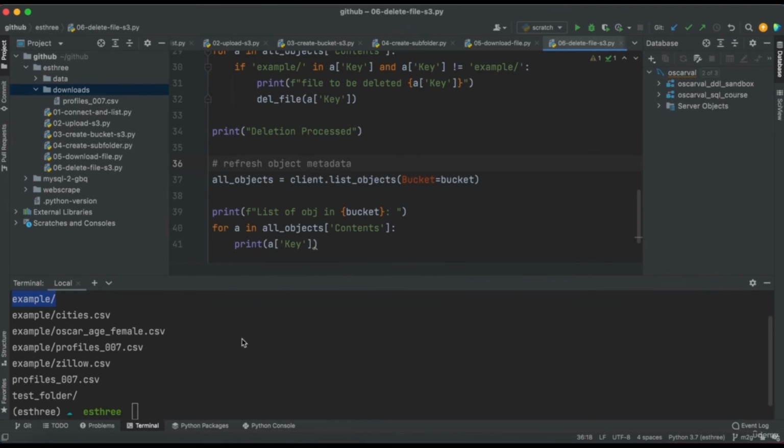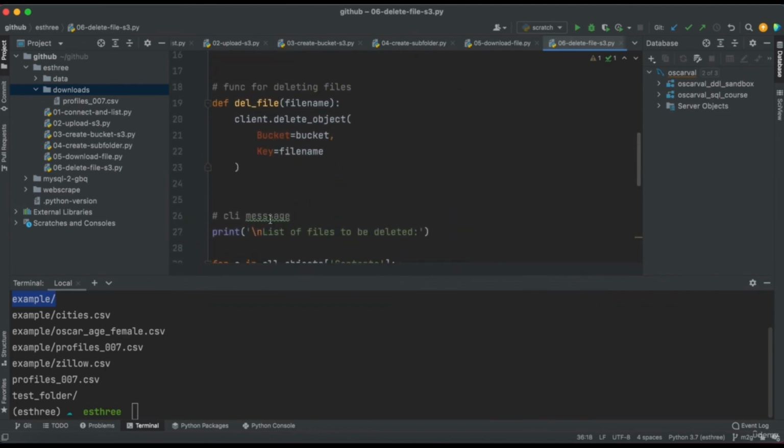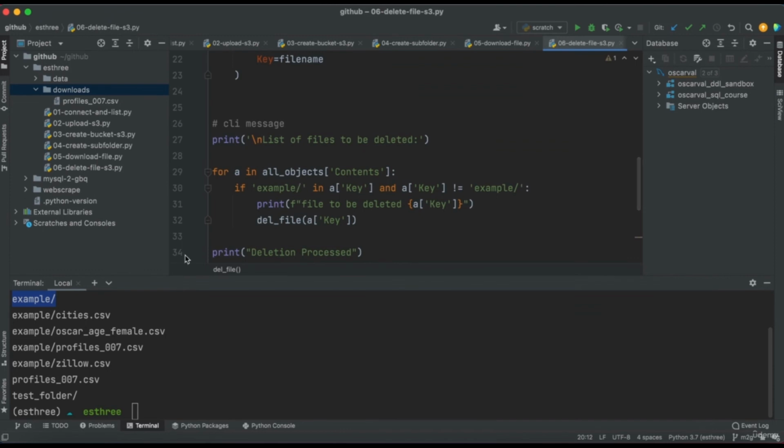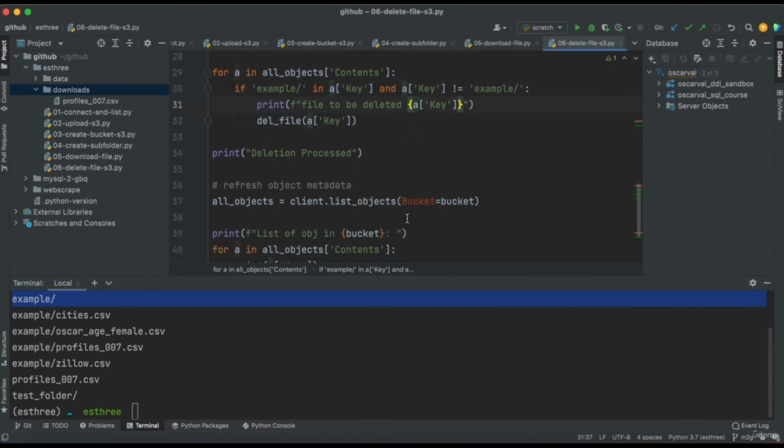So if you recall, when we ran it earlier, we printed a list of all the files that are example. And then the next thing we're doing is creating a function, excuse me, in order to delete the file names. So if the object name has the substring of example, just like this one does, and it's not the example subfolder itself, then we're going to go ahead and delete that object, and then we'll just